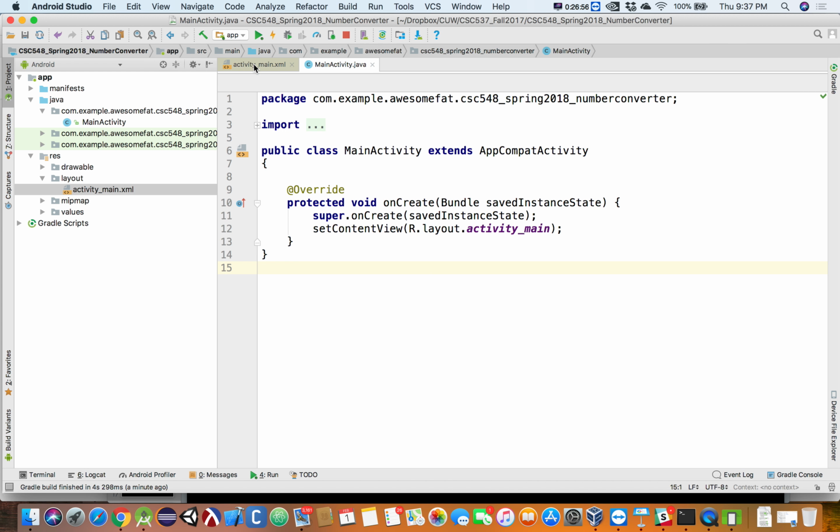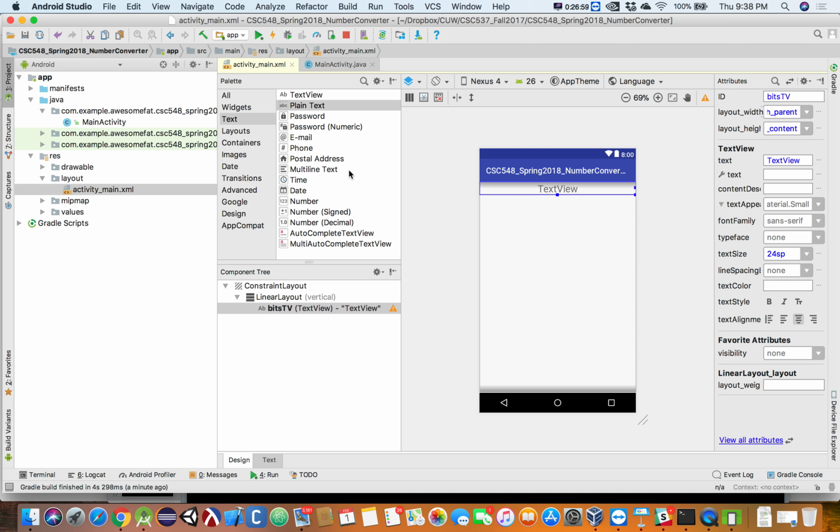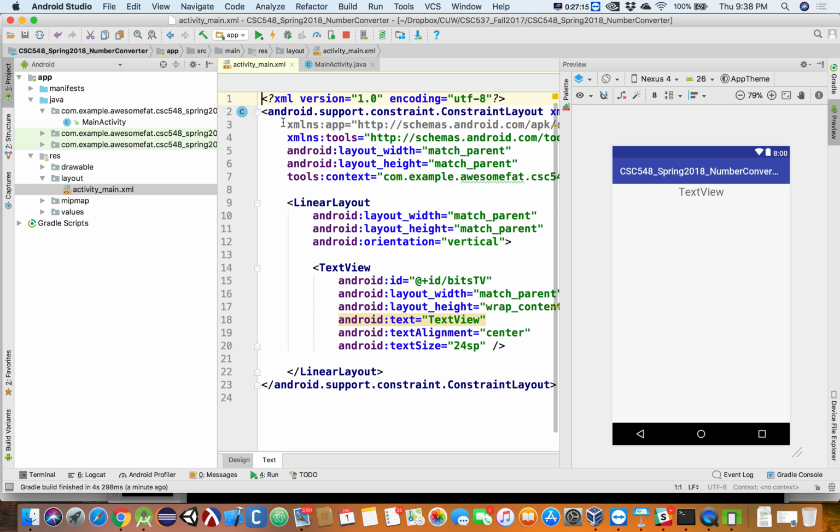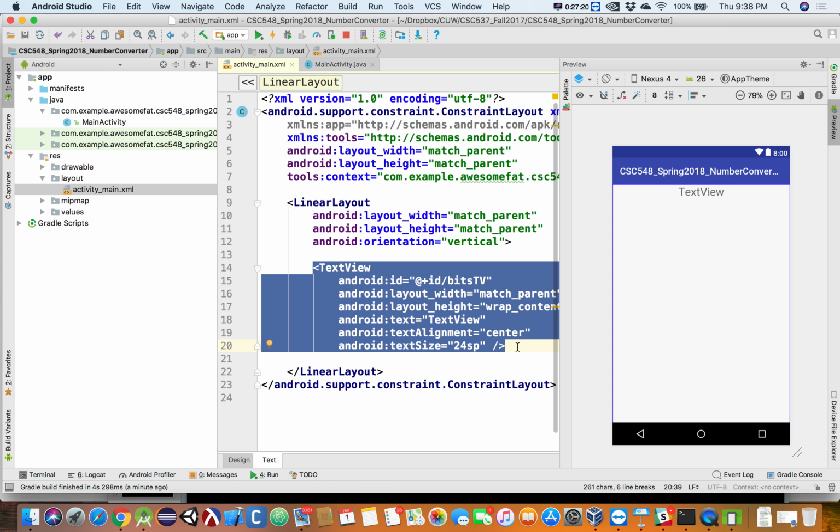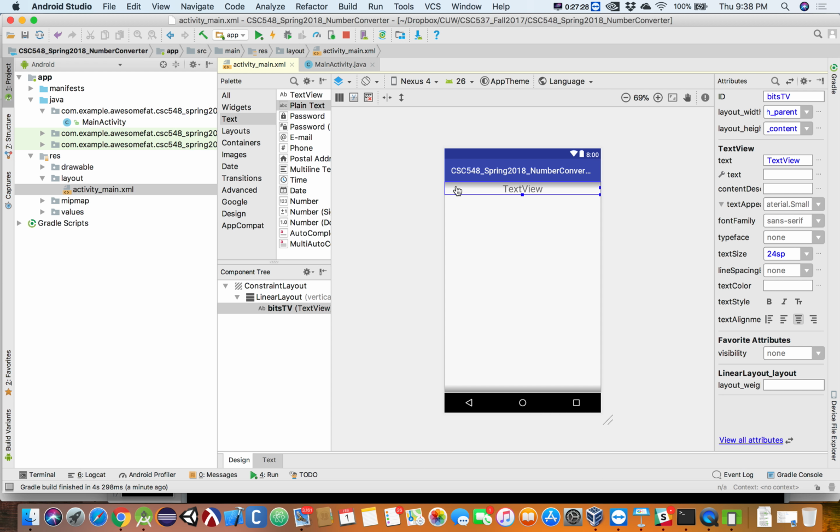So I happen to remember that this guy is called Bits TV, and I know that he is of type text view. Where's this type here? Does it show me what his type is out here? I assumed it would show me his type there. And if you can't see it out here, you can go to text, and then go down to where your text view is, and notice here he is. That's my text view. We remembered when we put it out there, it was a text view, so I know that's the kind of animal I'm dealing with. So I know that somewhere in my interface, I have a text view named Bits TV. Okay, so I'm going to go back to